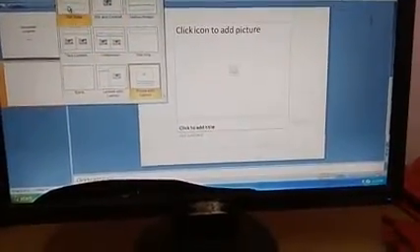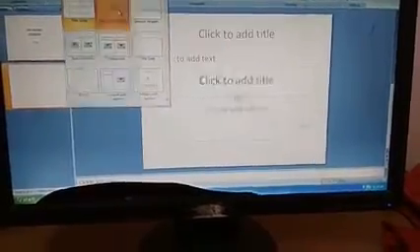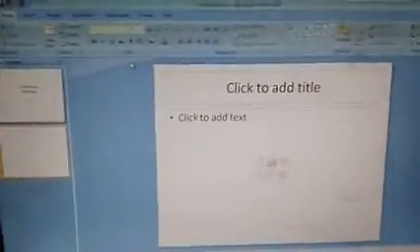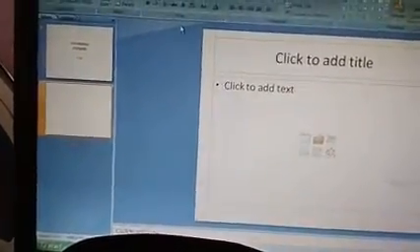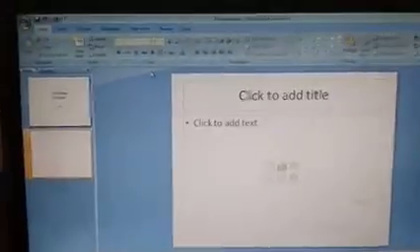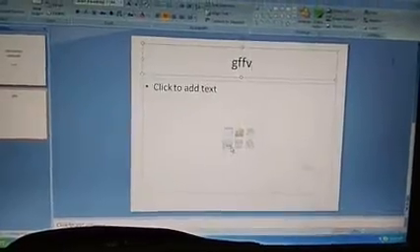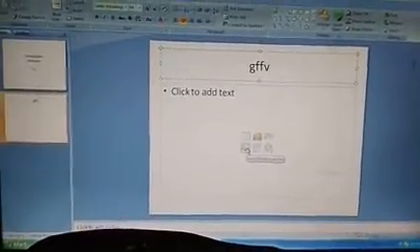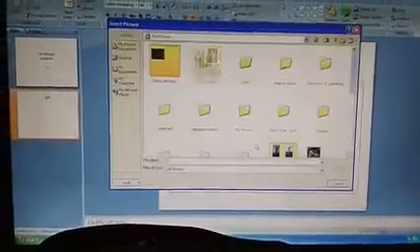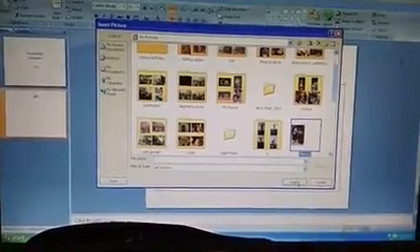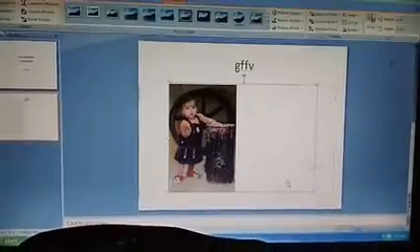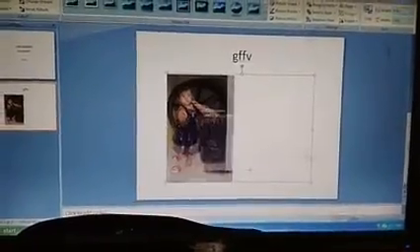The slide most commonly used is either a title and subtitle slide or a title with content slide, which will contain your tables, chart, smart art, picture, clip arts and media option. Whatever you want, you can insert here. Suppose I want to insert a picture, I click on the picture option. A set of pictures will open. Select any picture from the picture folder and say insert to insert that picture in your PPT.